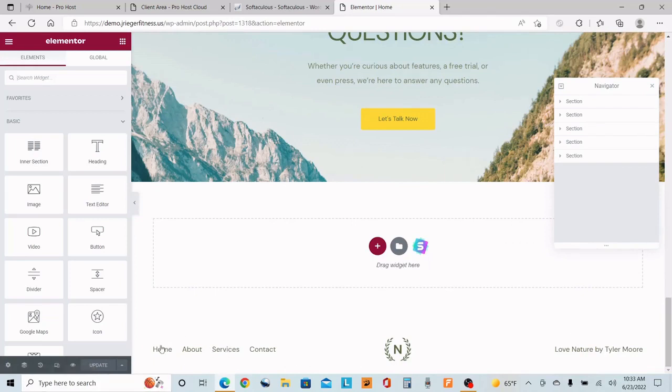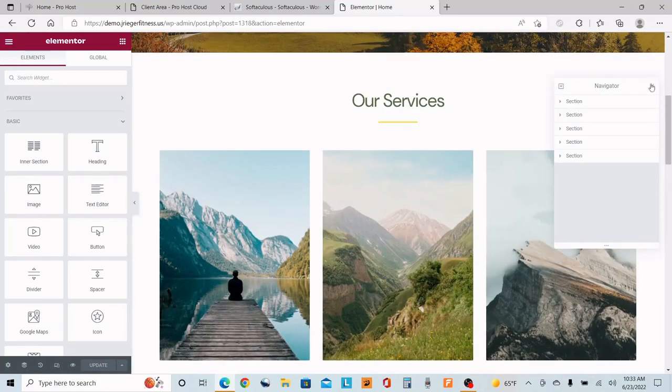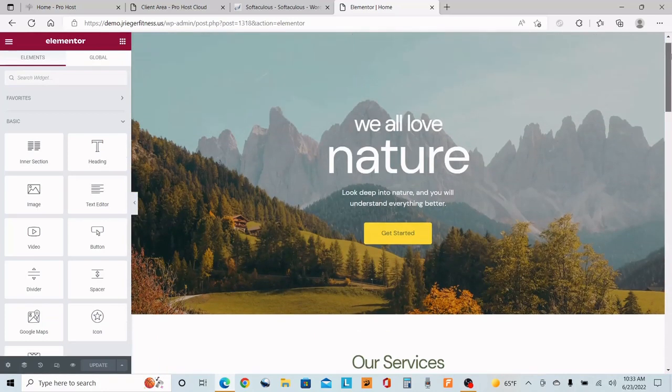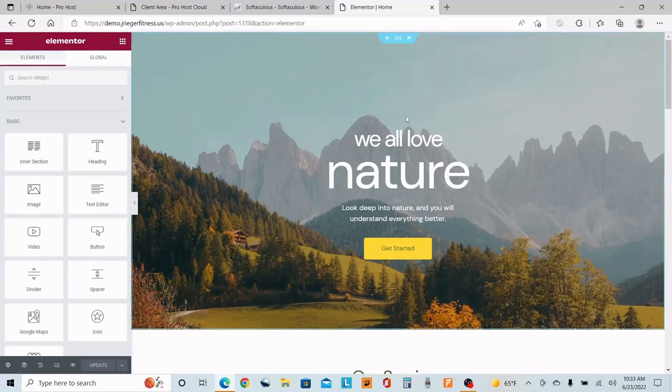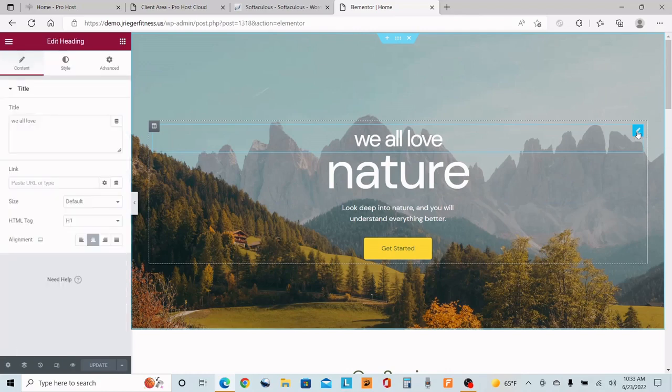Well, maybe we can. No, we can't do anything with it. Because right now Elementor is going to allow us to edit between the header and the footer, all the information in between. And it's a simple drag and drop system. If you go to the pencil on the right and then you go into that system,